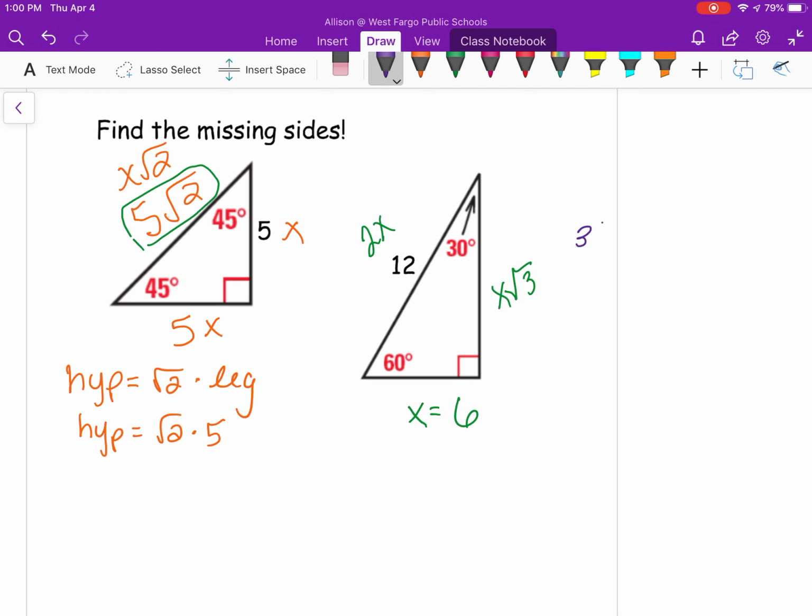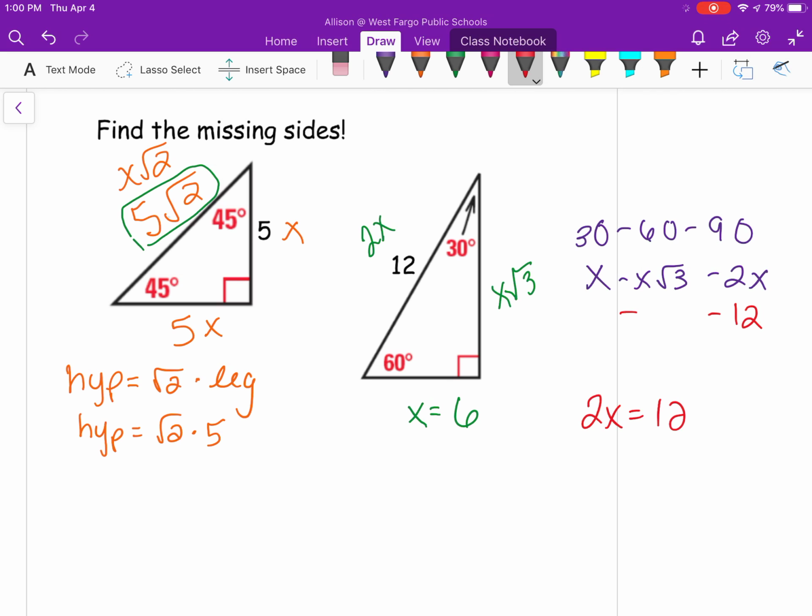So the ratio 30, 60, 90 is x, x square roots of 3, and 2x. I know that 2x is equal to 12. So if 2x equals 12, I can solve for x by dividing by 2 and get x equals 6. Once I know that x equals 6, then I know that the long leg, or the side across from the